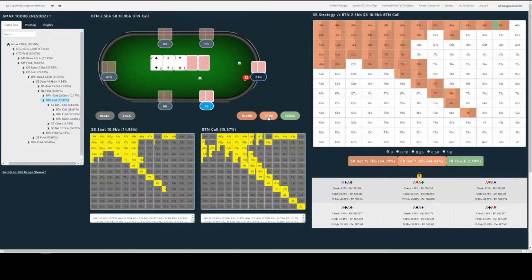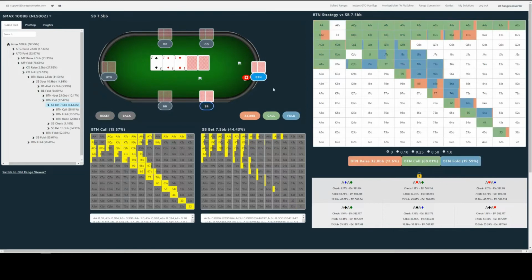Once small blind bets 7.5, we see that action and range gets populated here, and we can see the strategy and weight for each of those.